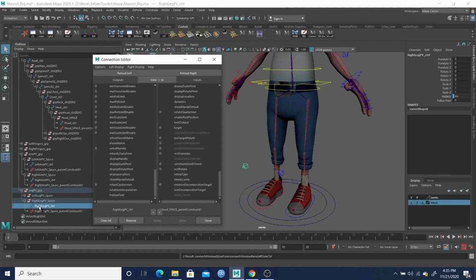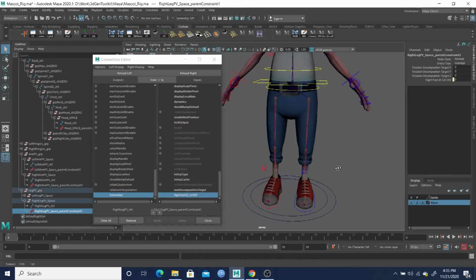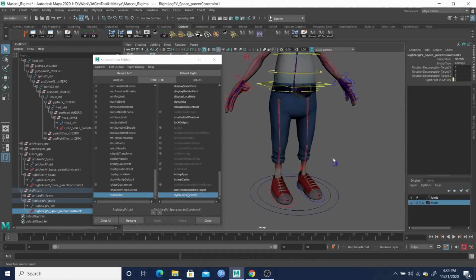That's what we want. And then we want the right leg PV space parent constraint in here. So we'll say follow foot, and what are we following? Right foot IK control. So we'll just make that connection,